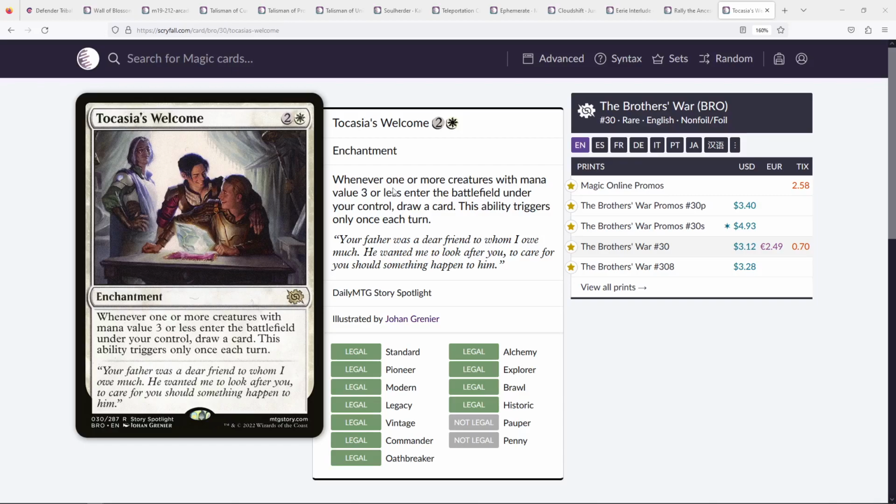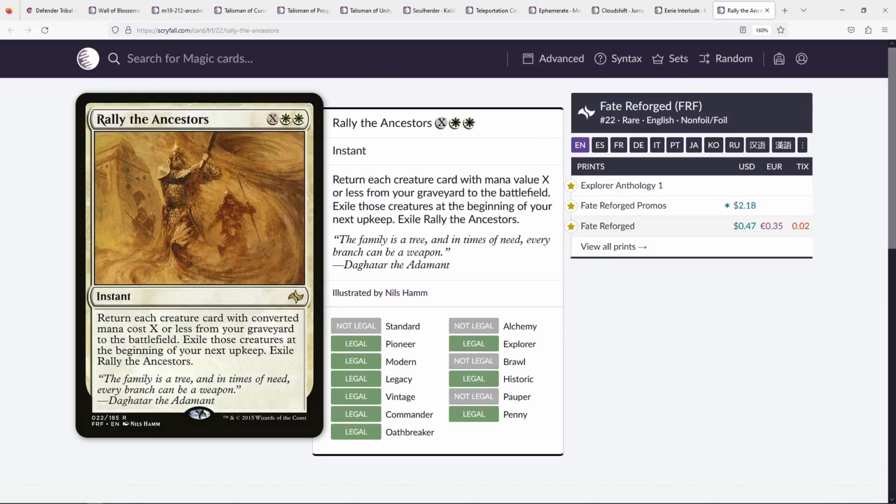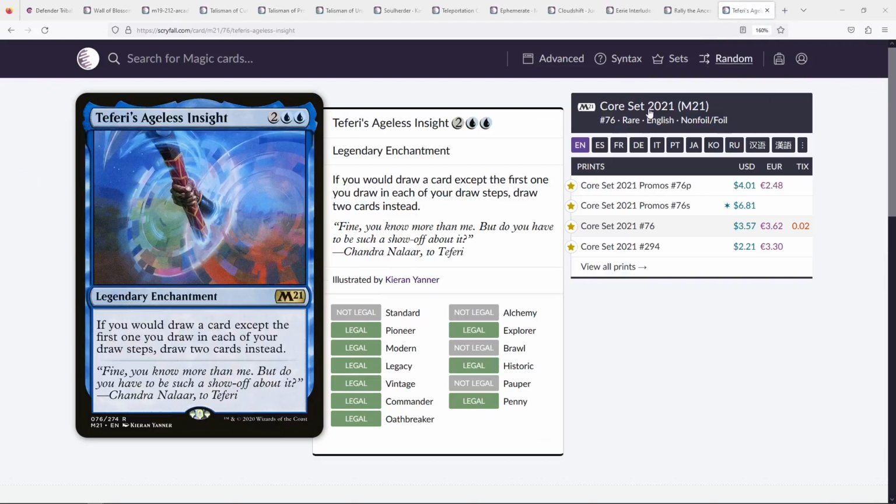I wanted to put it in here because it will trigger off most of your creatures and it'll draw an extra card, but the more I think about it, the less you kind of want this because you want to be casting multiple creatures a turn and this only triggers once a turn, so I'm just going to probably take it off the list. Coming over here is Teferi's Ageless Insight, another 4 mana card, which I know is against